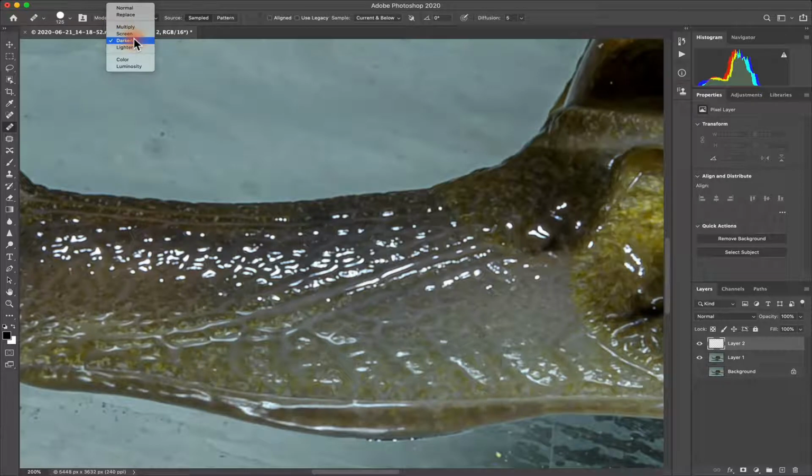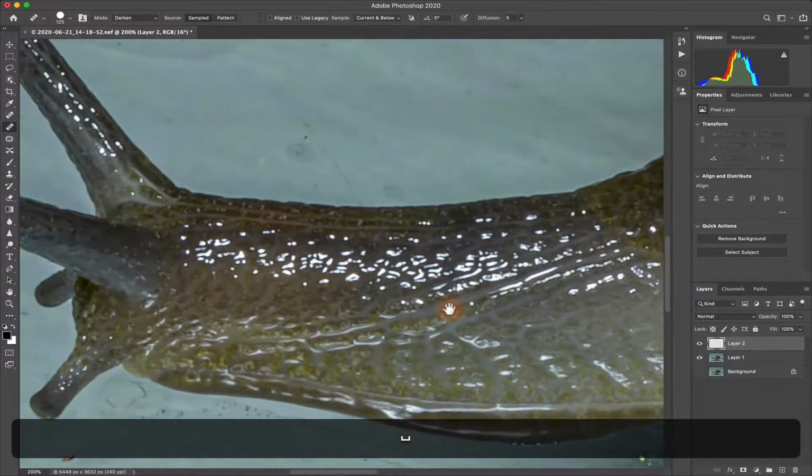What darken will do is it will only replace areas where it can find lighter areas or colors. Also, since we have nothing on this layer, it's a new layer, we need to sample either all or current and below. In our case, current and below works, there is nothing else.